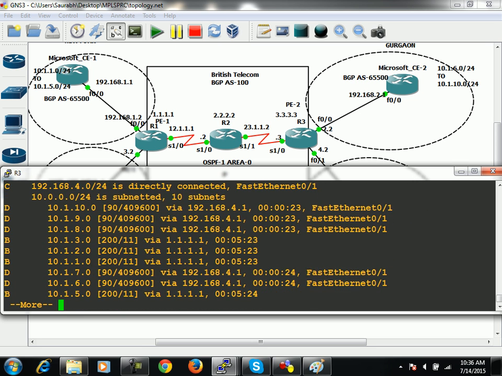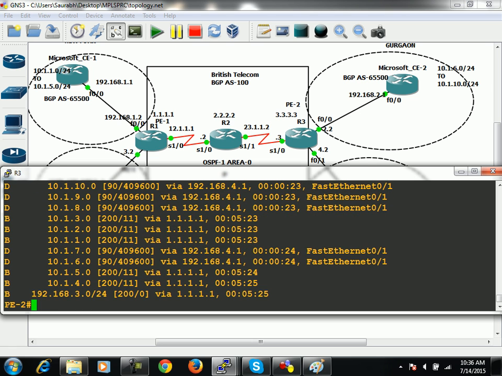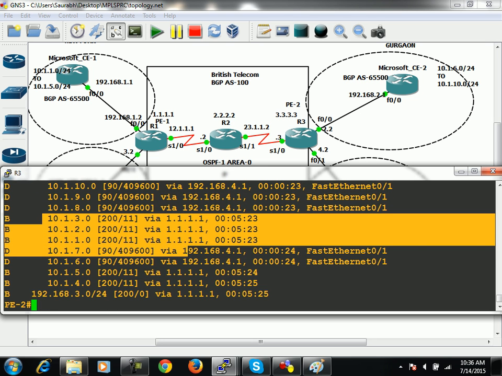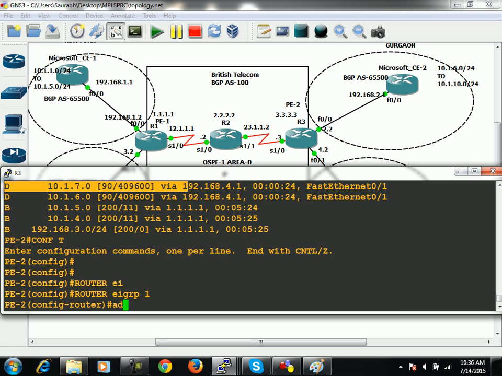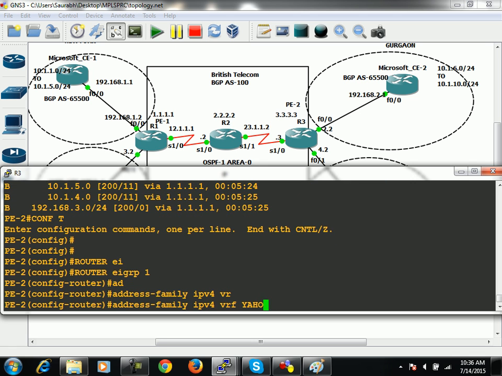Some prefixes are coming with the help of EIGRP and some of them are coming with the help of BGP. So 1, 2, 3 is coming with the help of BGP. Apart from that, via EIGRP itself, because in between Yahoo CE2 and this PE2, it's EIGRP, right? But by default, prefixes can't move from BGP into EIGRP, so say router EIGRP, address family IPv4 VRF is what, and then